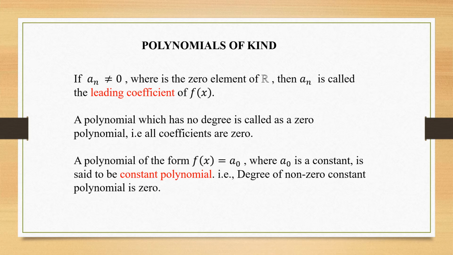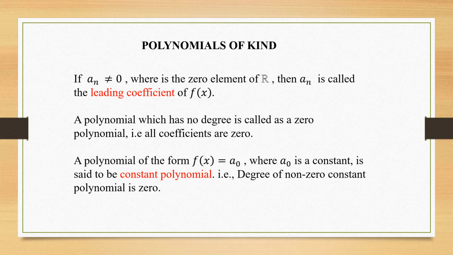For example, what is the degree of a polynomial? It is the highest degree term, that is, the highest power. If I have x power 6 or x power 7 or x power 2000 or whatever it may be, what is the coefficient of it? That coefficient will be called the leading coefficient. Clear? Right. In the next slide, if the leading coefficient is 1, then I can call that particular polynomial a monic polynomial. We'll discuss it later.